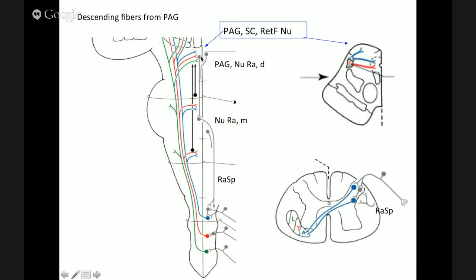So the descending systems, there are neurons in various places, like the periaqueductal gray, and there are also centers within the reticular formation. There's nucleus raphe dorsalis and magnus. And the neurons in these nuclei then will project down. So there's a raphe spinal projection, which goes down to the dorsal horn. So activation of the ascending pain signal then activates the descending pain modulation system,